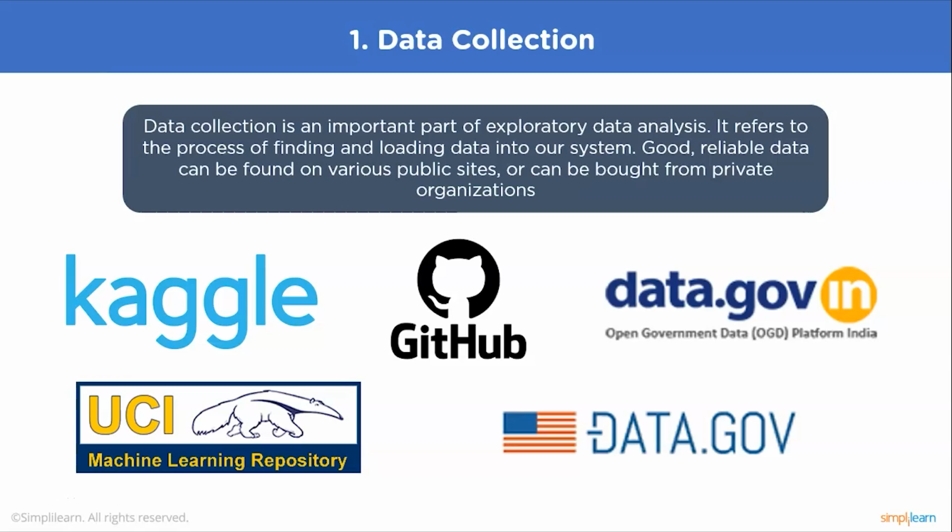The same thing applies to GitHub. GitHub has a lot of repositories where people have uploaded data. However, just be careful and make sure that the data that you're looking at is reliable. Now, the machine learning repository and government data is pretty reliable and very useful. It might not be the most clean data, but you can be 100% sure that it has been collected from the most reliable of sources. All of these websites are free to use, and anyone can go and download any data set from these websites.